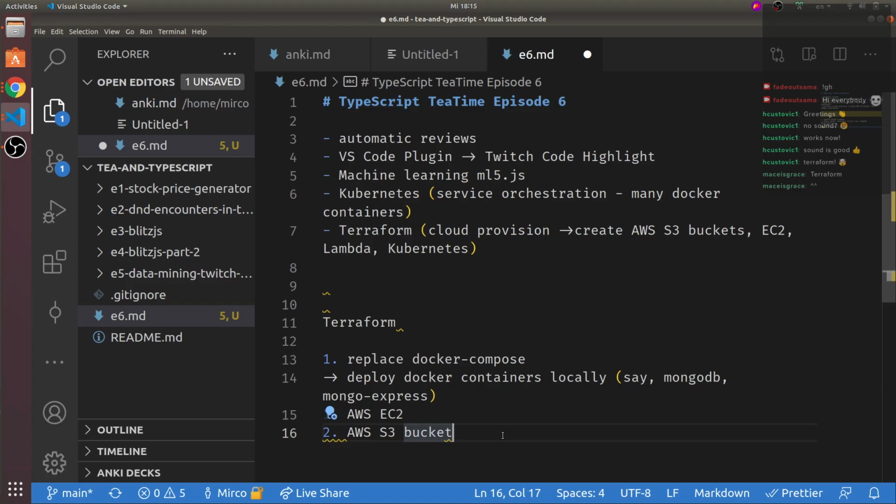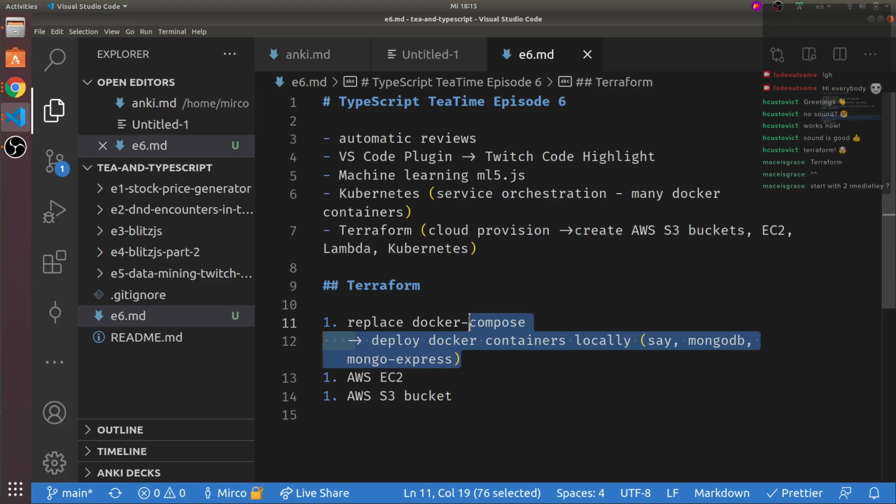Sounds good? Which one? Actually, so start with one or start with two immediately? Choice is yours. Start with two immediately. And we remove this one.